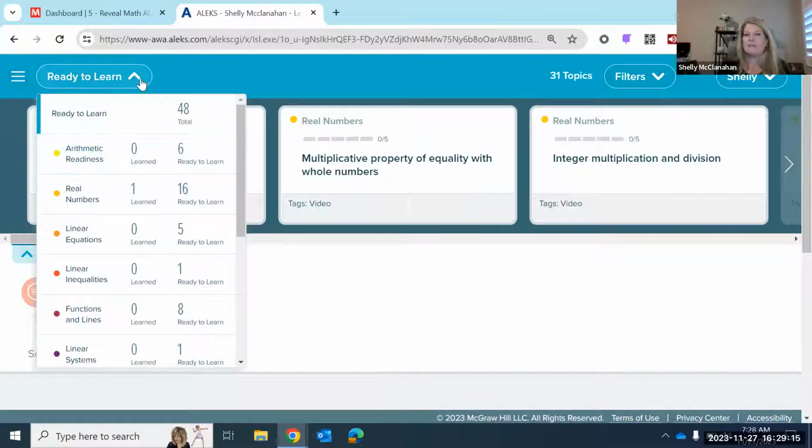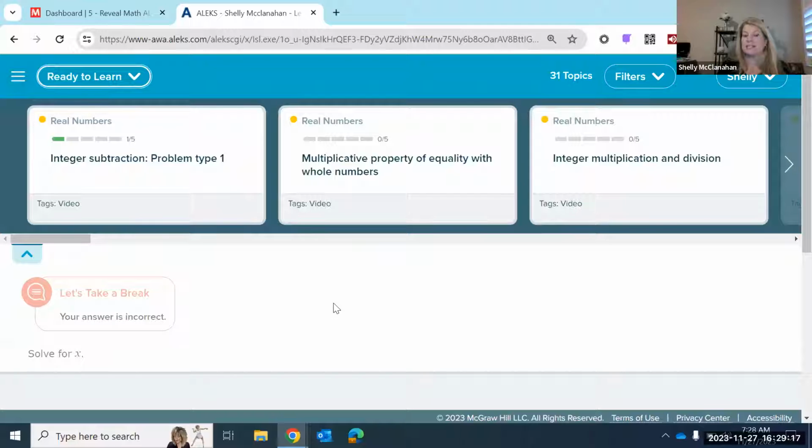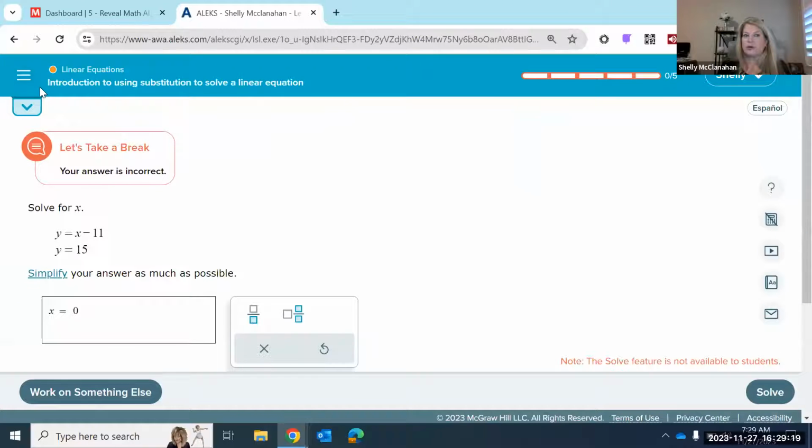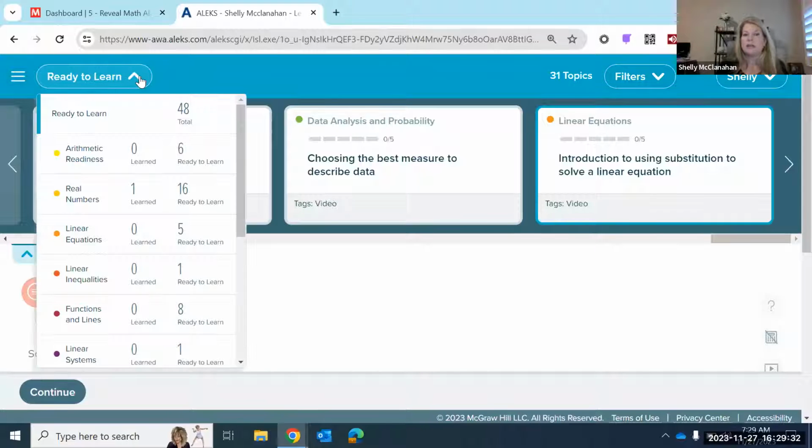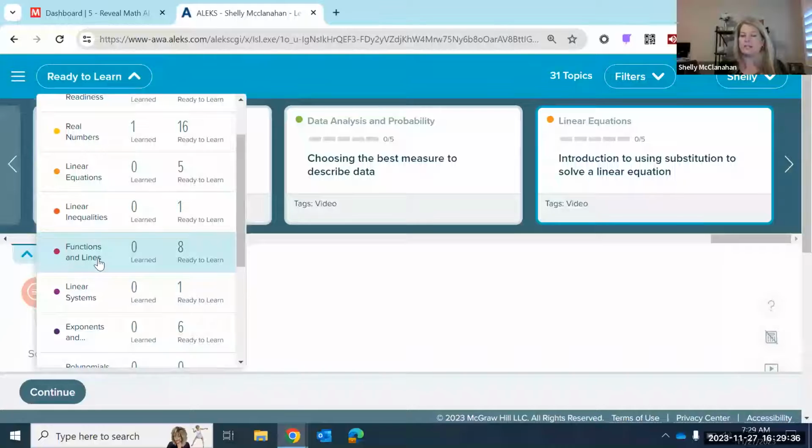So again, the best way that teachers utilize this with Reveal is that we still want our students working in their personalized path, but I need them to work on things that are going to support what I am teaching, what module it is that I'm teaching. So again, if they click Ready to Learn, they scroll down here and you're getting ready to move into functions